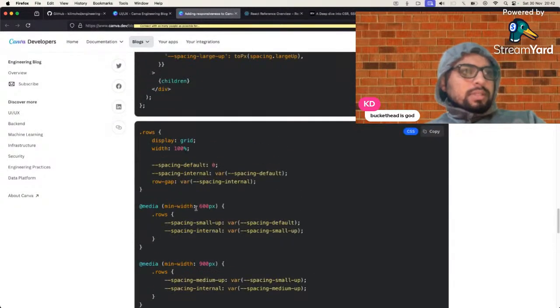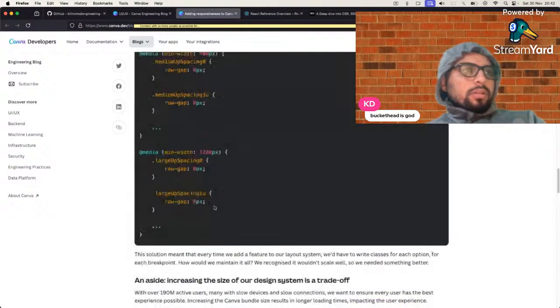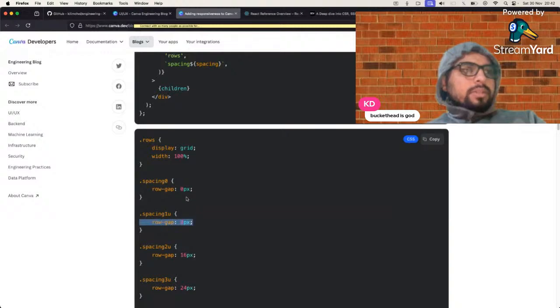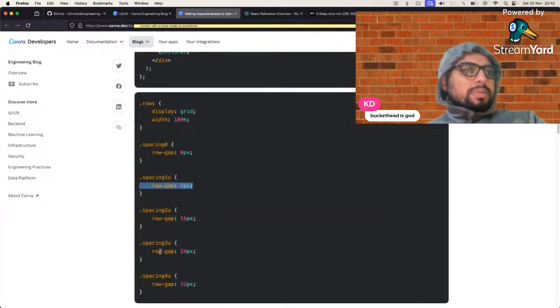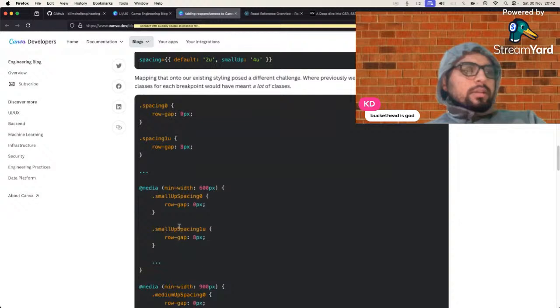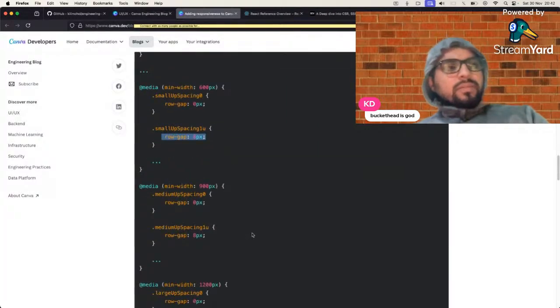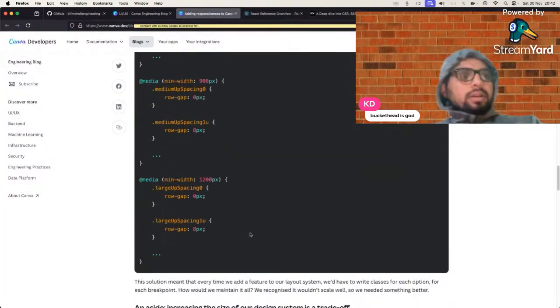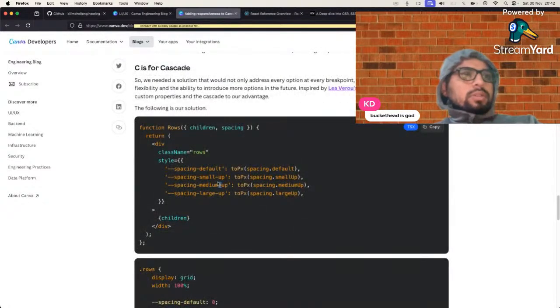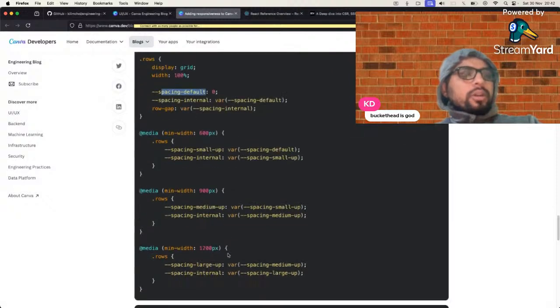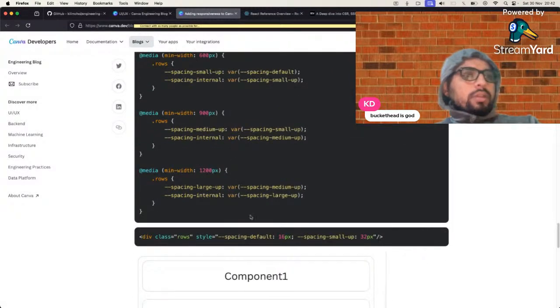Let's look at this code once again. We came from this layout system: row gap of 8 pixels, spacing 2u, spacing 3u, and then in a media query spacing up scale, small up, spacing 0, row gap of 0 pixels, row gap of 8 pixels. We came from here to this implementation. This implementation has spacing default set to 0. We don't need to set pixels or anything because we are using